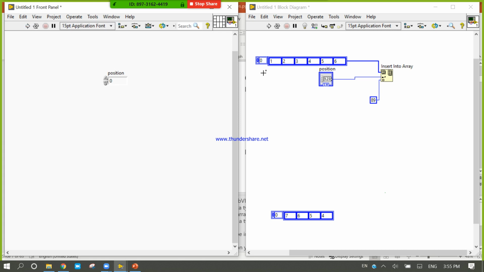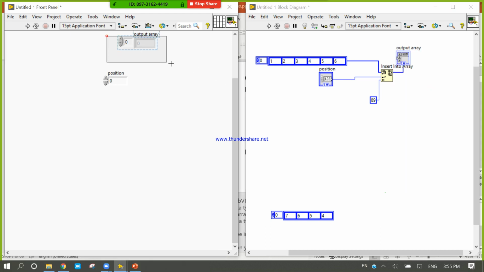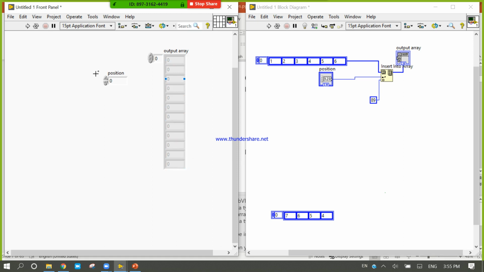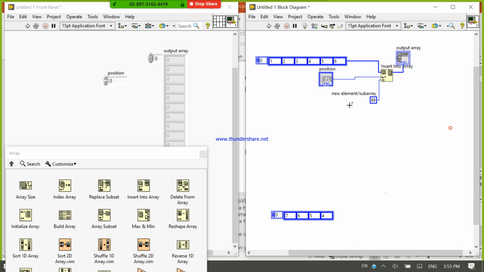If I run, right click, create indicator. Okay, my default position is 0, and I want to insert this value at this predefined index. So run.